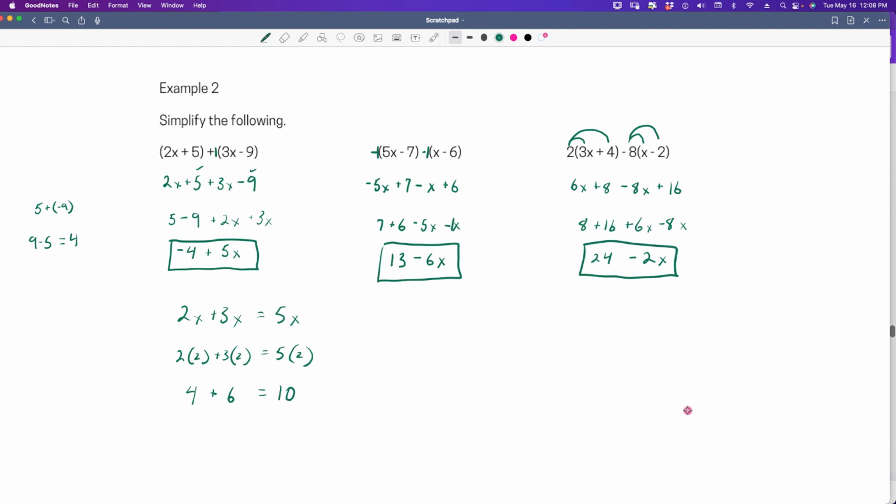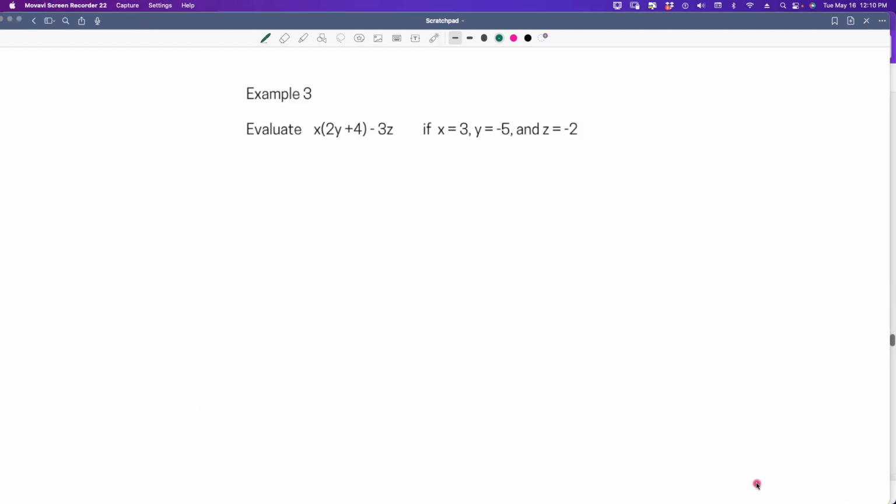So let's look at our next example problem. All right, so in example problem 3, we have an evaluation problem. And what that means is it wants us to substitute in values for each of the variables that are given. Now there's a couple of ways that you can do that. You can sub in the values first, or you can do the calculation and then sub in the values after and then multiply. I prefer to sub in the values first because it makes it easier to just add constants